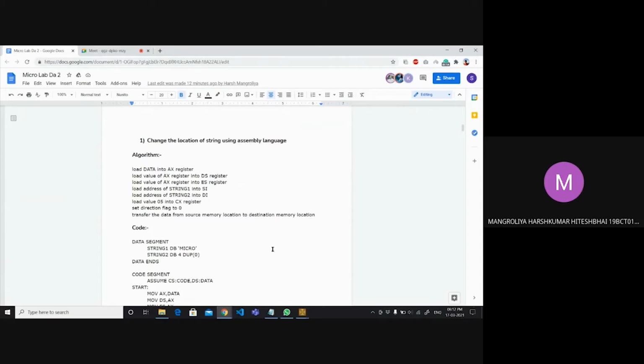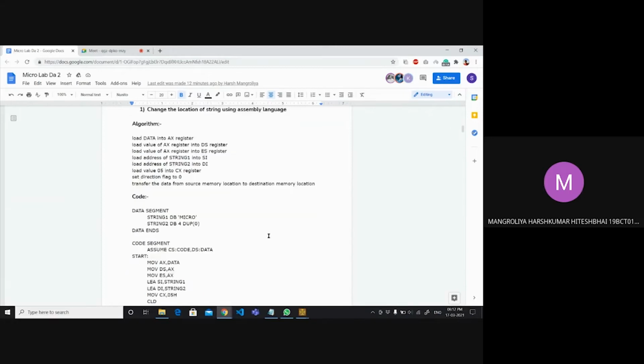Then we load the addresses of string 1 and string 2 into SI and DI accordingly. Then we load the value 05 into the CX register. At last we set the direction flag to 0, and then we transfer all the data from the source memory location to the destination memory location.